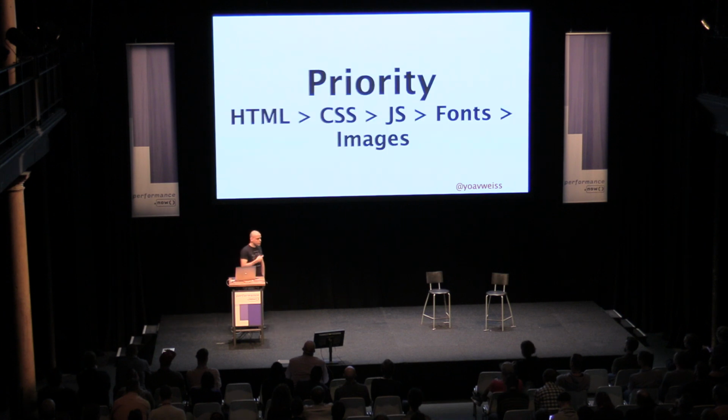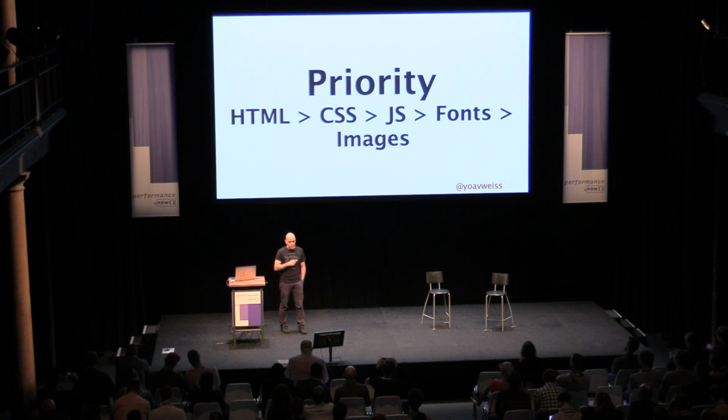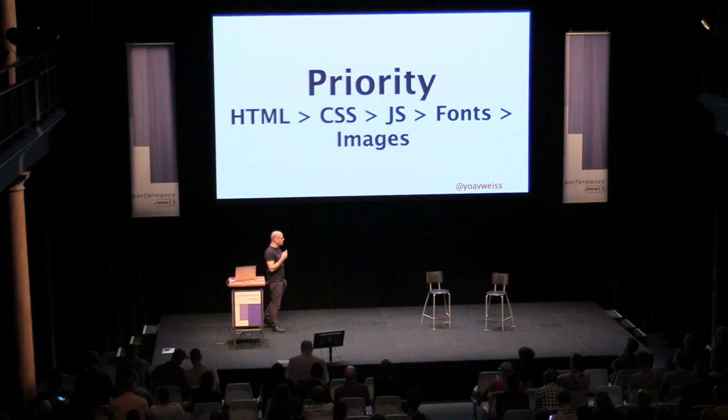And there are also various priorities when downloading those resources that the browser applies in order to avoid blocking critical resources in favor of less critical ones. So the general rule of thumb is that HTML is more important than CSS, which is more important than JavaScript, which is more important than fonts, which are more important than images. But this is a very simplistic view of reality, and the actual internal logic is way more complex than that and takes into